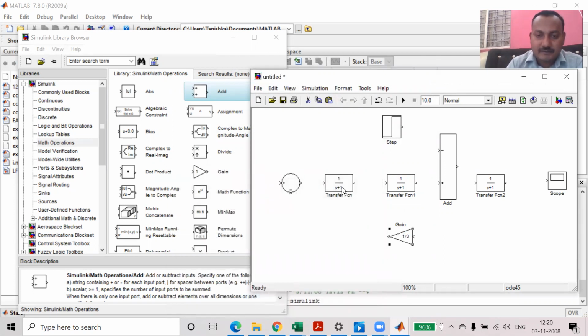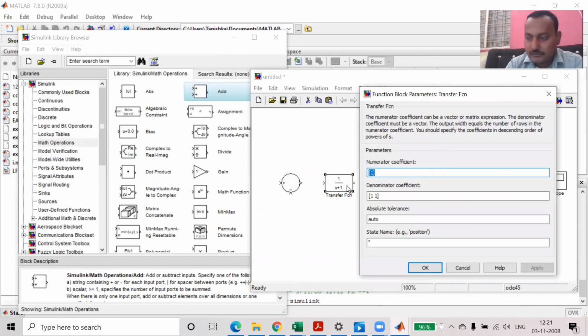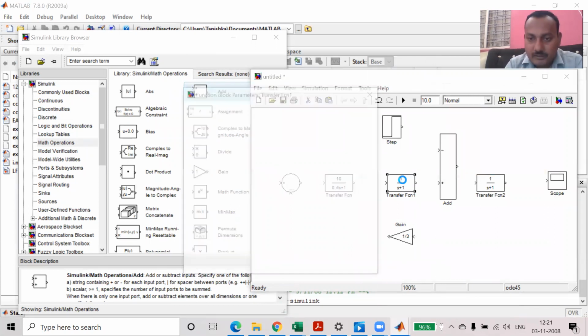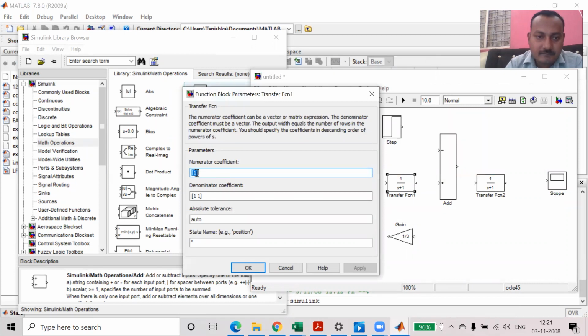This transfer function is nothing but the transfer function of the speed governor, which is equal to 10 divided by 0.4 s plus 1. To make the change, put 0.4 s plus 1. The second block we are having is 0.1 divided by 0.5 s.